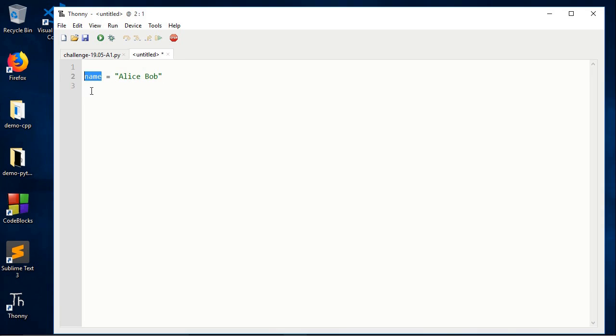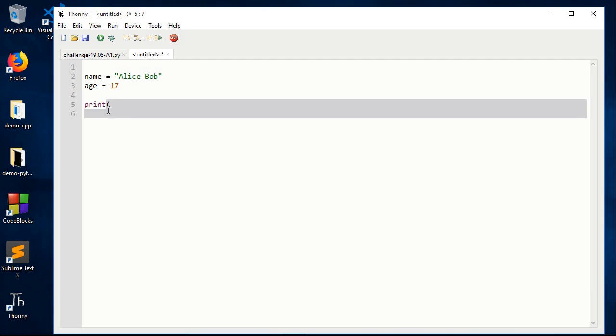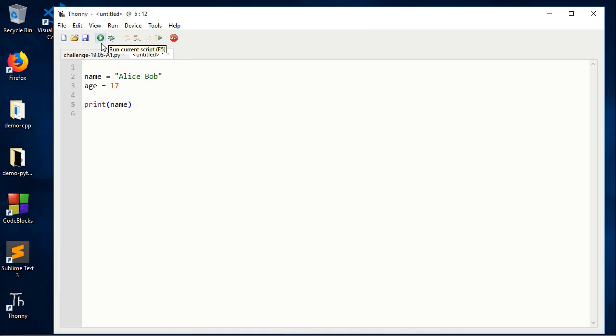This is how you define a variable. You give its name, an equal sign, and its value. Let's say I say age equal to 17. It's just a number you assign to this variable here. And you can start to do some interesting things once you store values like this. One thing you can do is display the value itself. So I can say print name, and if I run this